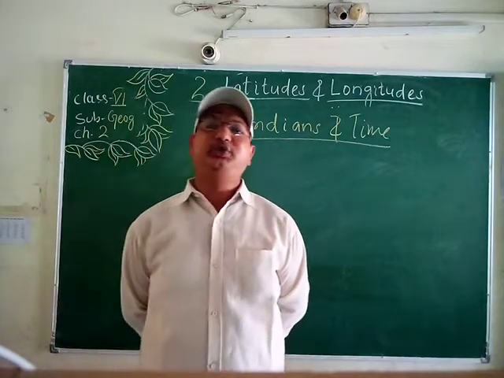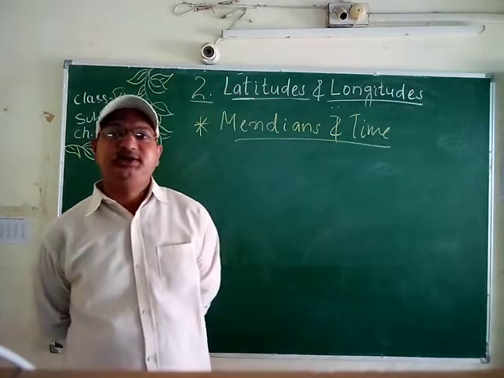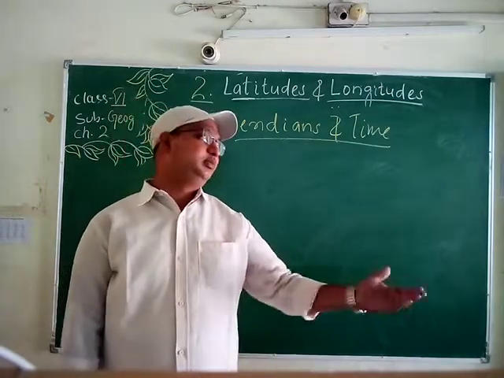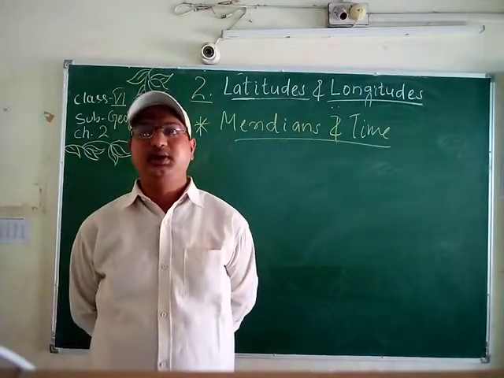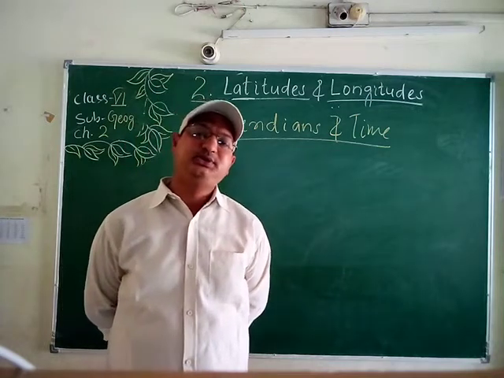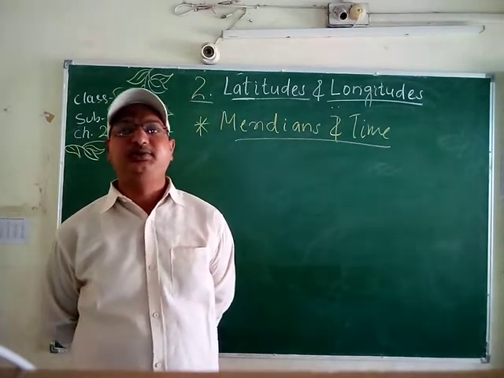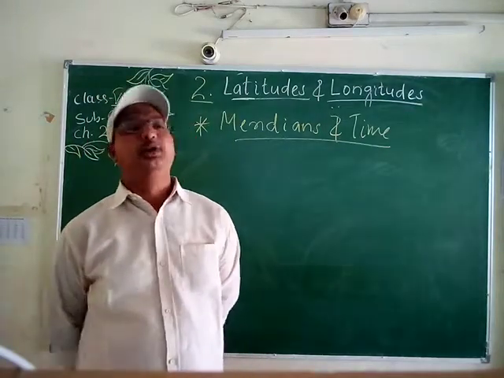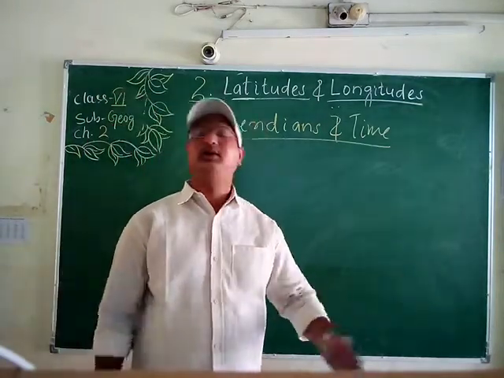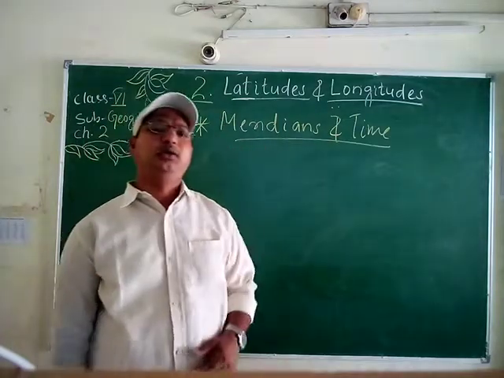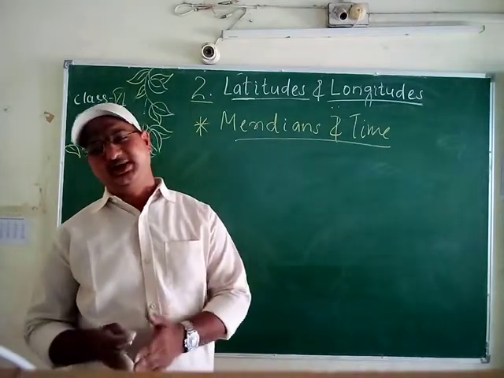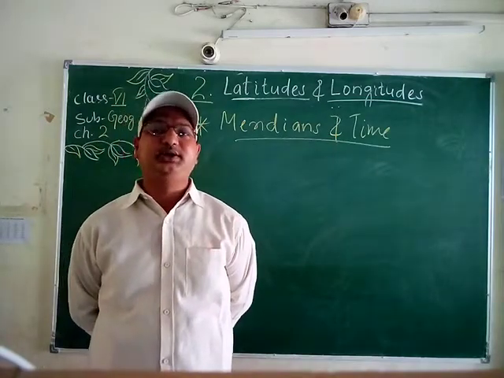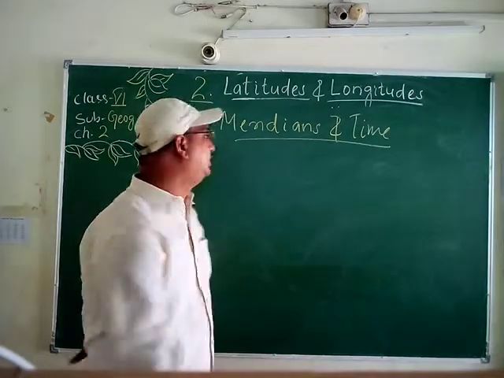Students, as the Earth rotates, a part of its surface in turn comes in front of the sun. Then there is the coming of day. The places in front of the sun receive sunlight, and the parts of the Earth away from the sun do not receive light at the same time. Now we have day in India, but parts like America, which do not get sunlight at the same time, are experiencing night. The continuous rotation of the Earth leads to the formation of days and nights.